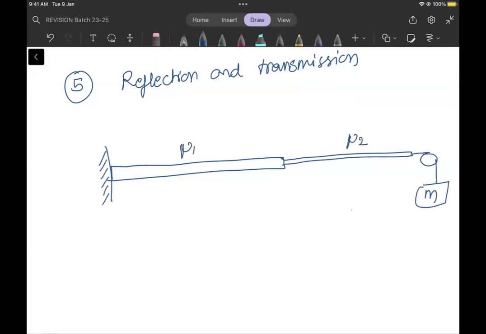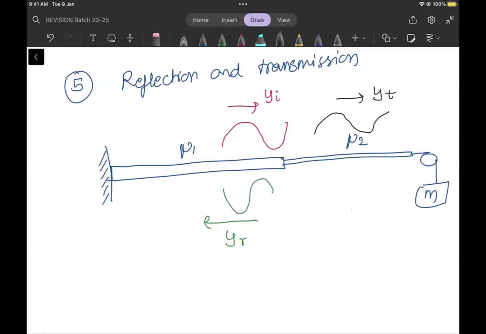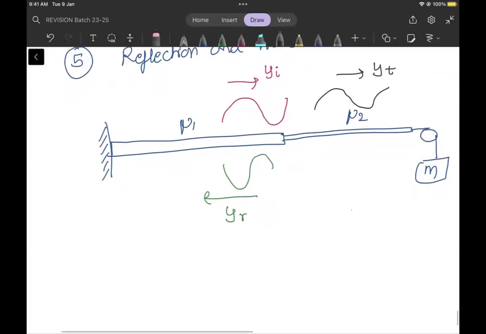mu1, mu2 इसका मास पर यूनिट लेंथ है। ये वेव इनपुट वेव है, इसको मैं बोलूंगा y इंसिडेंट, और इसका एक पोर्शन ऐसे रिफ्लेक्ट हो जाएगा, इसको मैं बोलूंगा y r, और इसका एक पोर्शन ट्रांसमिट हो जाएगा, इसको मैं बोलूंगा y t। ओके, so again remember we are only about formulas,